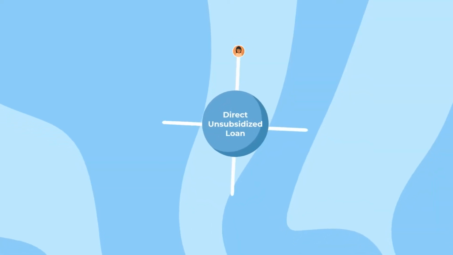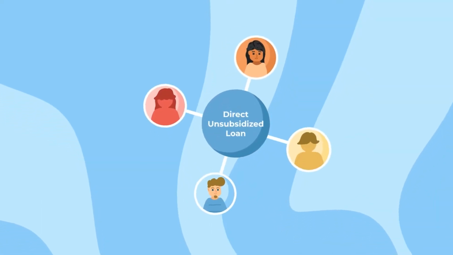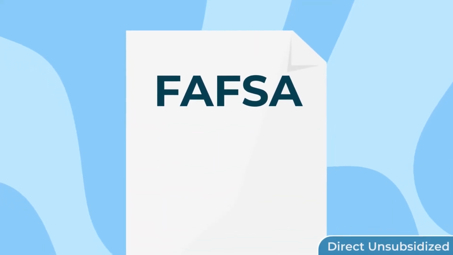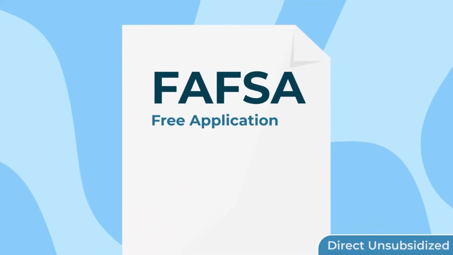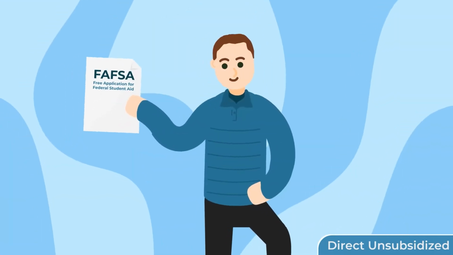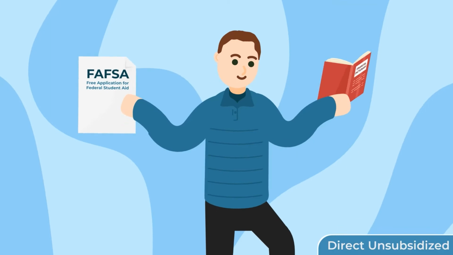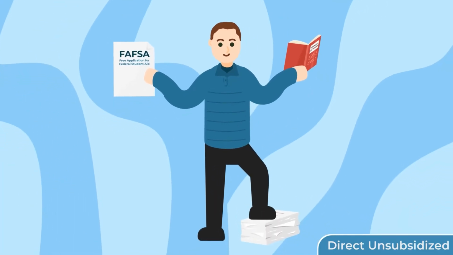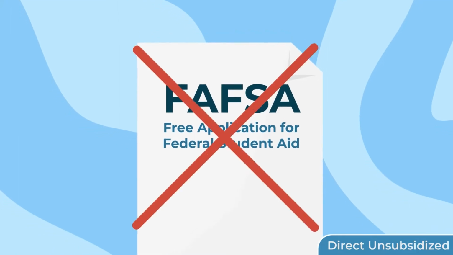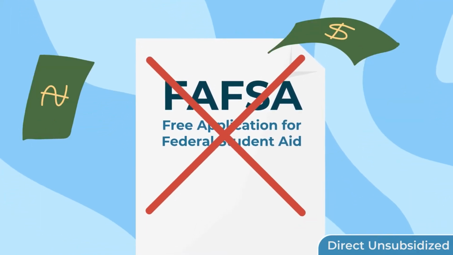The first type is direct unsubsidized loans, which is the most widely available federal loan type. For any federal student loan, you'll need to complete the FAFSA, which is the free application for federal student aid. I'll have another video in this series on completing the FAFSA, what it means, and how to apply for federal student loans. For direct unsubsidized loans, it doesn't matter what your FAFSA says, because you don't need to demonstrate any